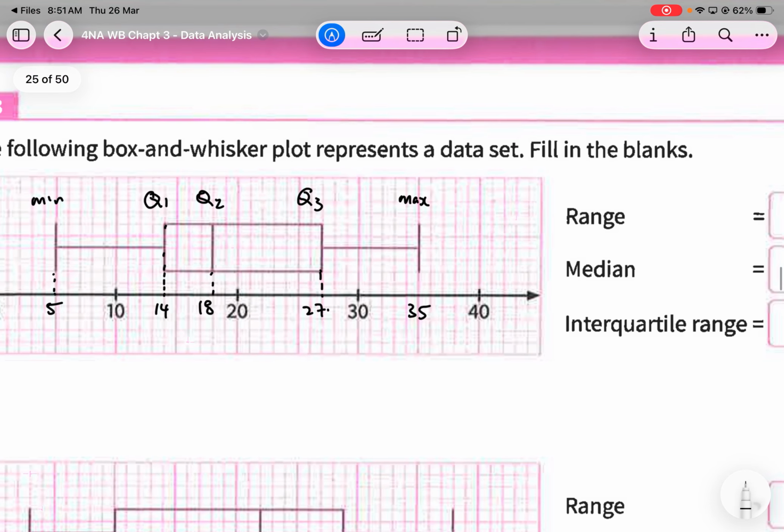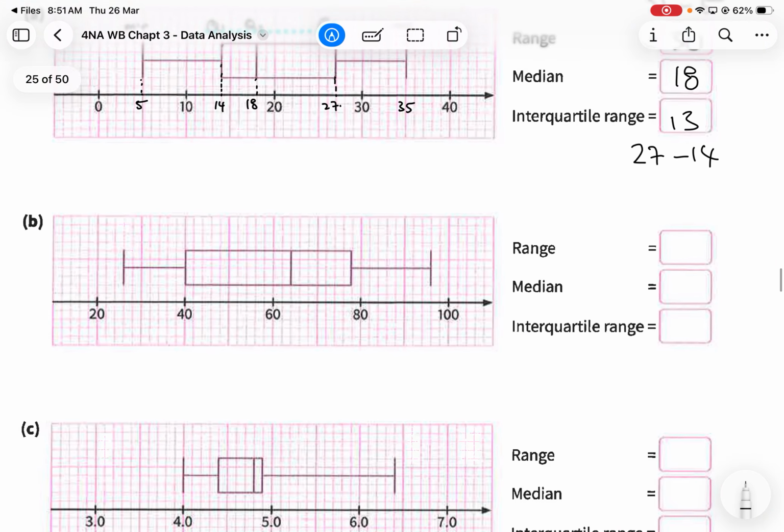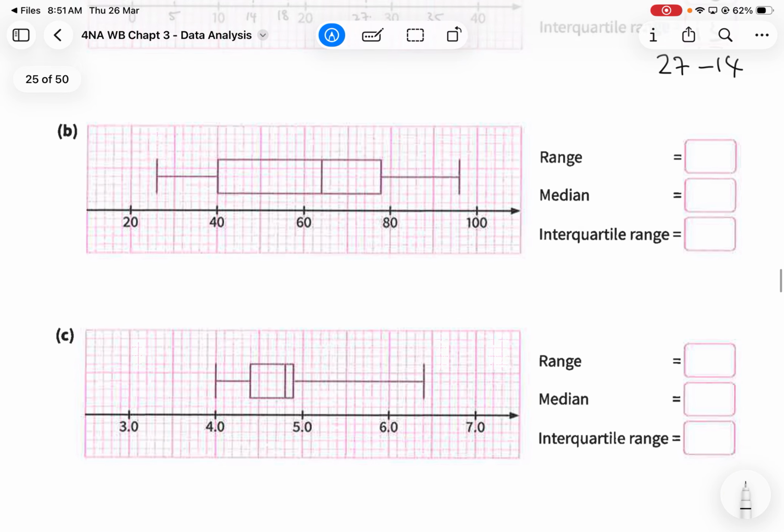Then what is range? Range is maximum minus minimum. So it is 35 minus 5 equals 30. Median is just Q2. So I just read it off there, it is 18. Interquartile range is Q3 minus Q1. So 27 minus 14, so 13. Okay? Can? Okay, so for this one, minimum